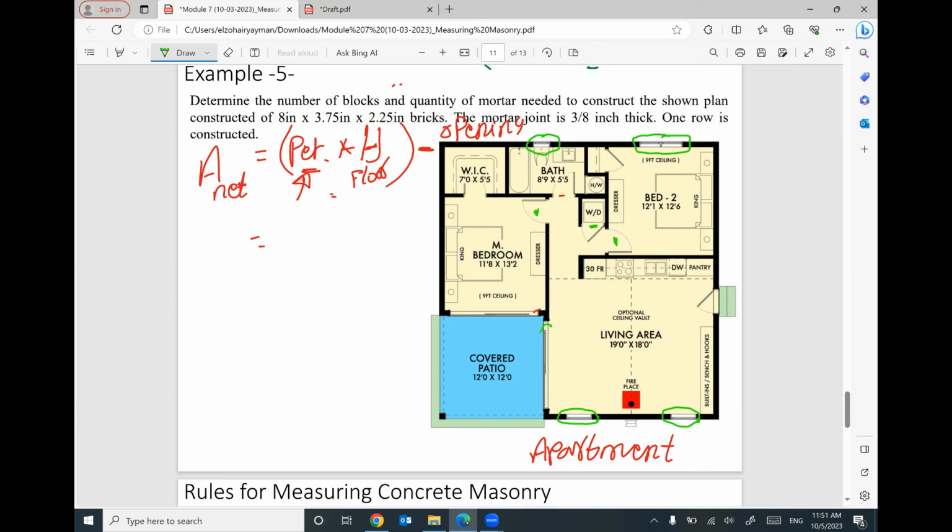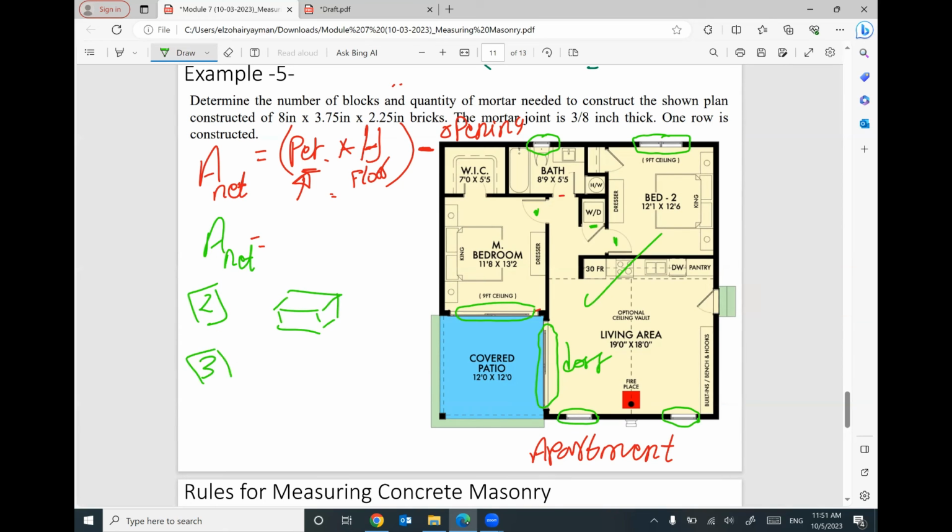And also we have an opening here. This is a very big door. Looks like it's a sliding door. And we have a sliding door here also. I'm not sure if it's a sliding door or window. Whatever, it's an opening. Does that make sense? Then once you get the net area, we no longer need this plan anymore. Just forget it. Because the next step is related to the brick,